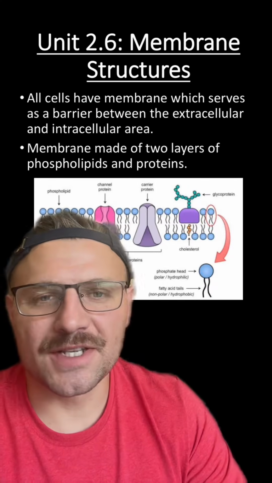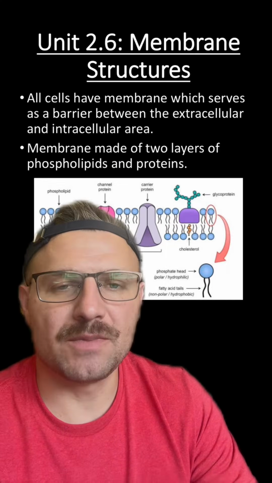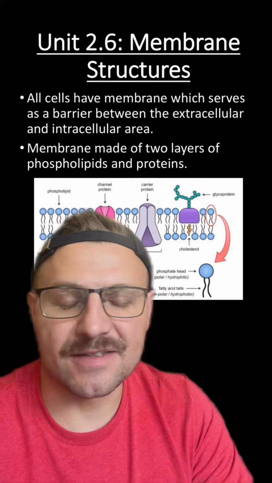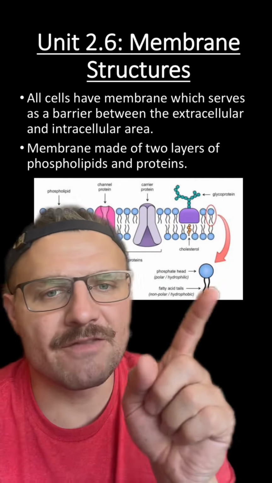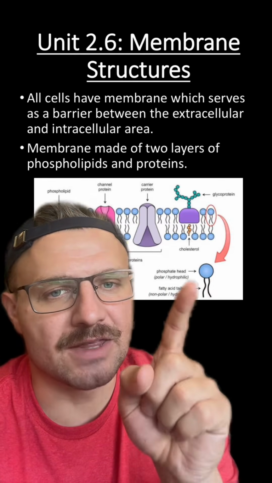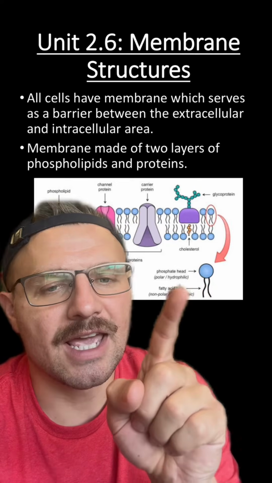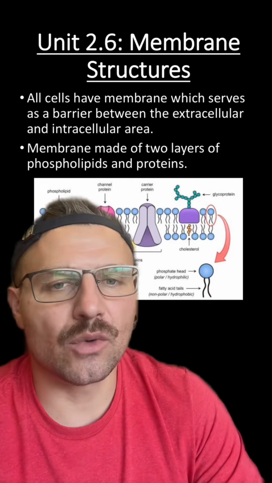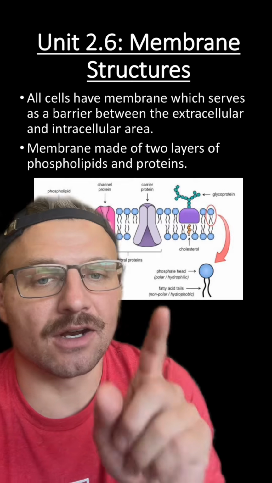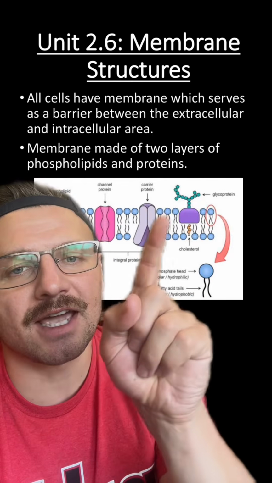Let's remember that all cells are going to have an outer membrane that's going to be the separation between the outside and inside of the cell. Now these membranes are going to be made of a molecule known as a phospholipid, and this phospholipid has a polar head and a nonpolar tail. They are going to orient themselves in a bilayer with the tails pointed on the inside and the heads on